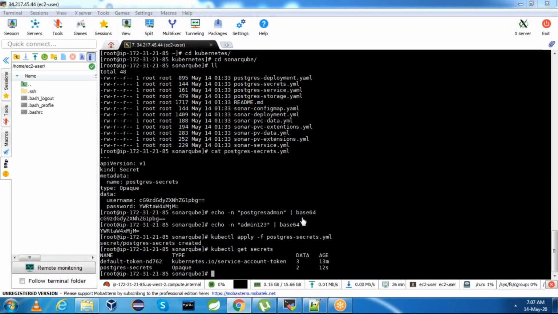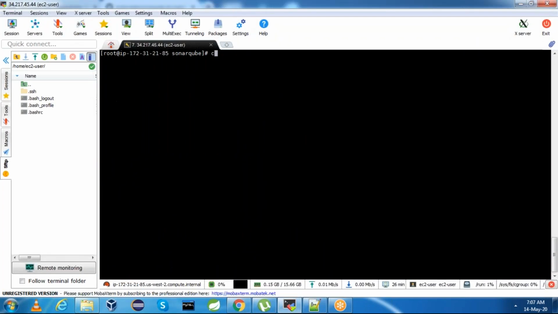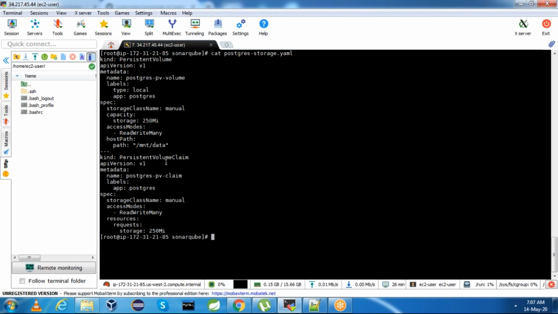We can see what is there in the Postgres storage. Cat postgres-storage. If you see, we have the persistent volume, the storage class name is manual, the host path is /mnt/data, the storage capacity is 250 MB, and the access mode is ReadWriteMany, so you can read and write many times.